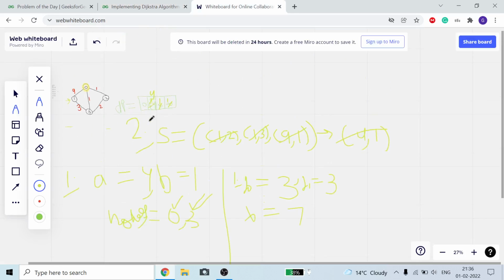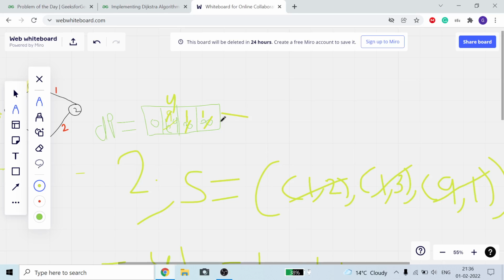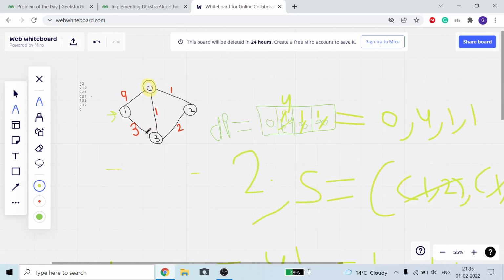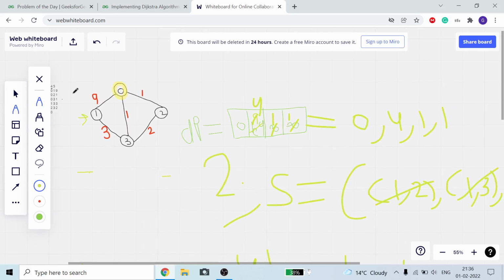So what do we return? We return 0 to 0 is equal to 4, 0 to 1 is equal to 4, 0 to 2 is equal to 1, 0 to 3 is equal to 1. Now let's see whether this is true. 0 to 2 is equal to 1, yes, right. 0 to 3 is equal to 1. 0 to 1 is equal to 1 and 3, which is 4. If we come from 2, no, it is not the efficient way. 0 to 1 is equal to 9, not the efficient way. So from 0 to 3, this is the way we come to 1. So our answer is correct.